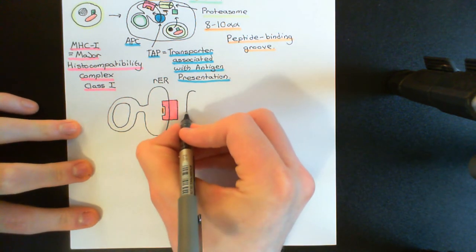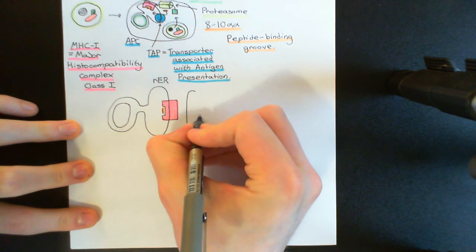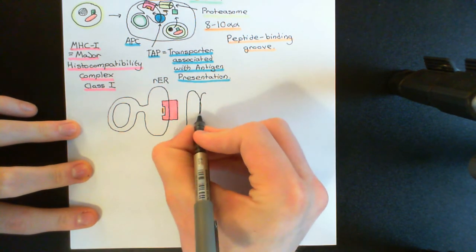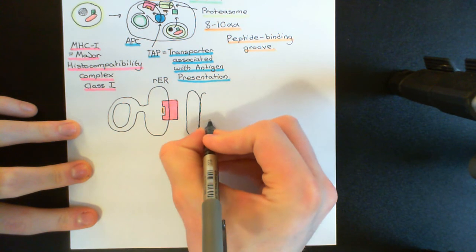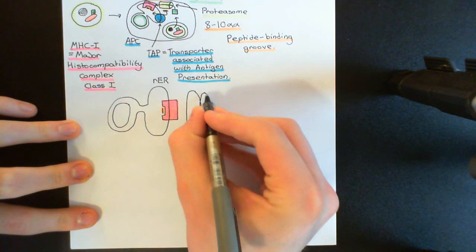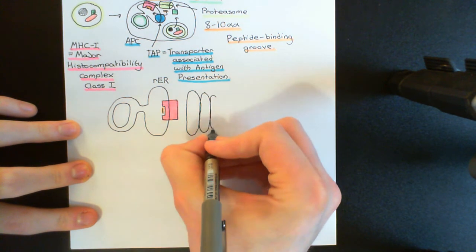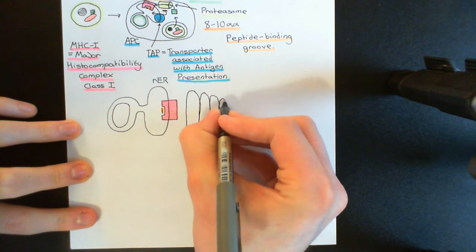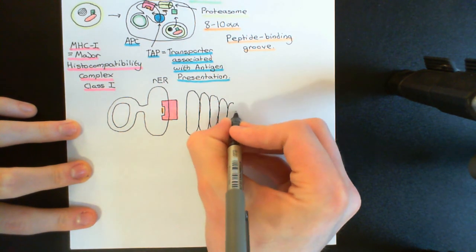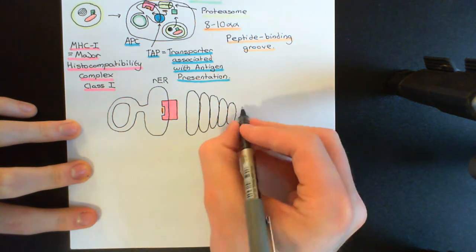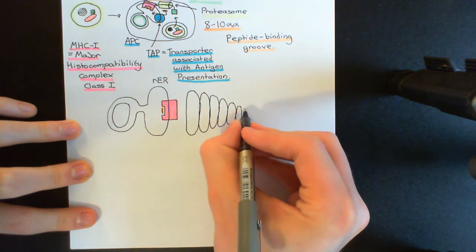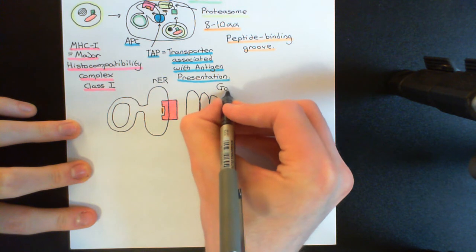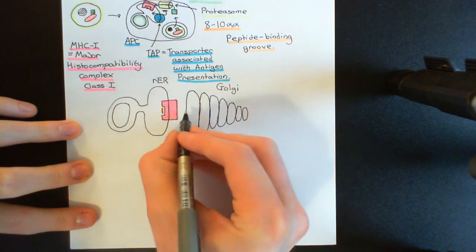So let me now draw the Golgi apparatus here. The Golgi apparatus, remember, consists of loads of these cisternae, which are membrane enclosed discs, stacked on top of one another. So here's my picture of the Golgi apparatus, like so. It usually has about 7 of these discs. I'll try and draw 7 on here. There we go. So this is representing the Golgi apparatus, and as you can see, one side of the Golgi,